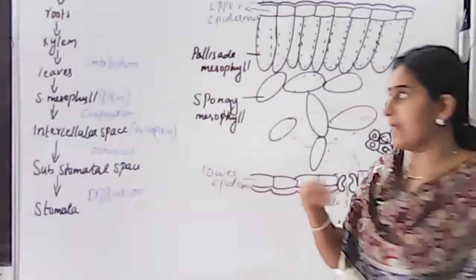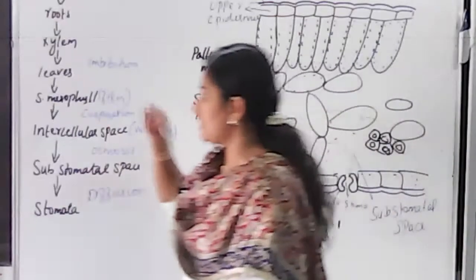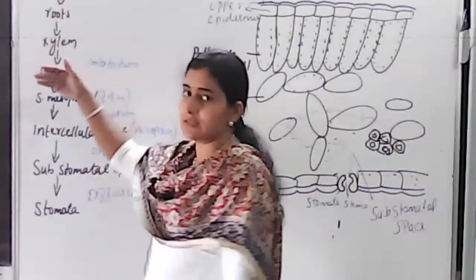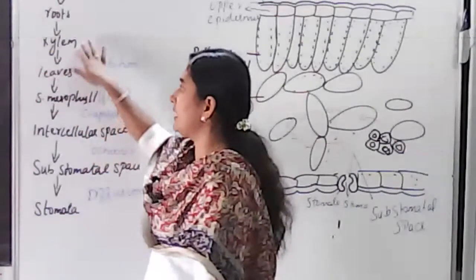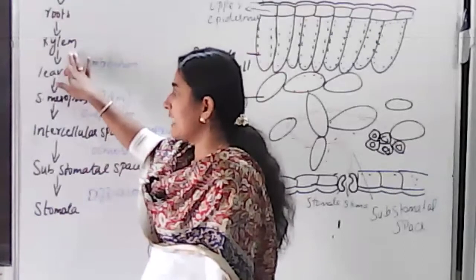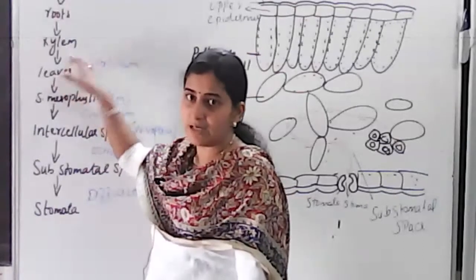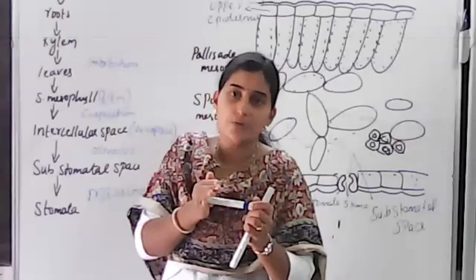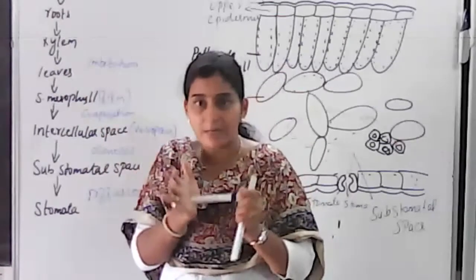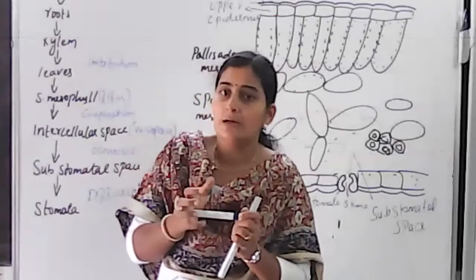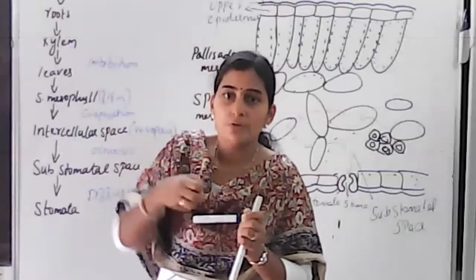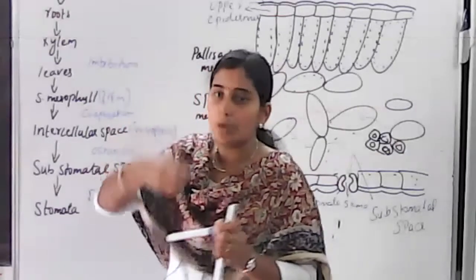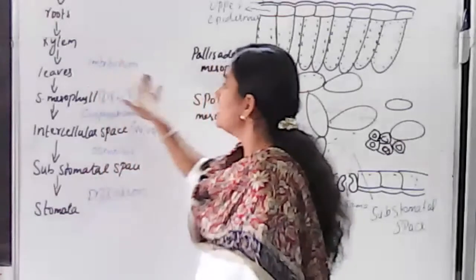Water and minerals are carried from soil towards the root. All those things we studied last chapter, so no need to go into detail about that. From the root it is carried by means of xylem, that also we have studied. Through xylem the water will be carried by cell to cell osmosis, by means of adhesion, by means of capillary force, all those things we have studied. Transpiration pull and all, water will be carried through xylem towards the leaf.